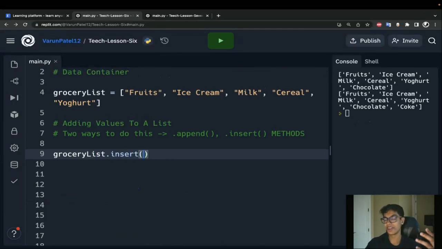I'm at the grocery store. I'm trying to think of more items. Chips, right? Oh my God, I've got a party tomorrow. I need to have chips. That is so important. I need to put it at the top of my list so I don't forget. Take my pencil, put it all the way at the top of my list, put chips. How do I do that? Well, I use my dot insert.